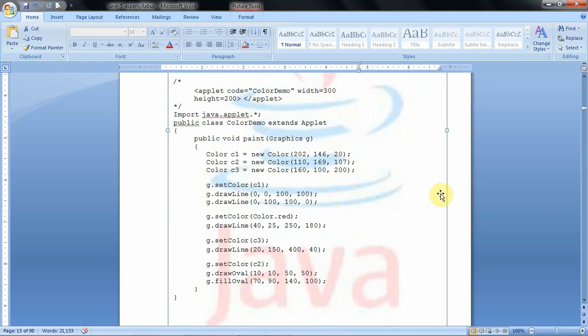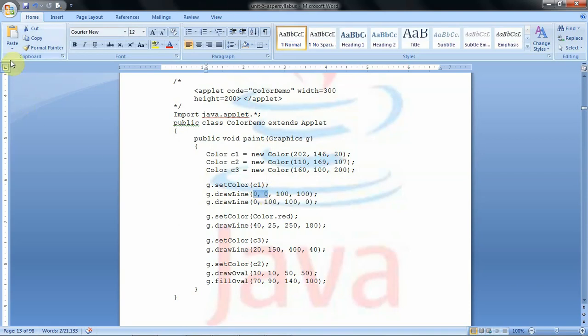Here the starting point is 0 comma 0, the upper left corner. From that point 100 pixels are moved towards the x-axis and 100 pixels towards the y-axis, y towards down. So that's why the line is drawn like this.